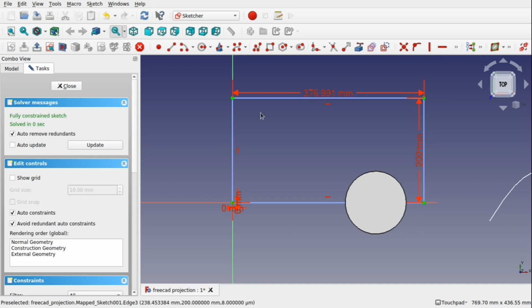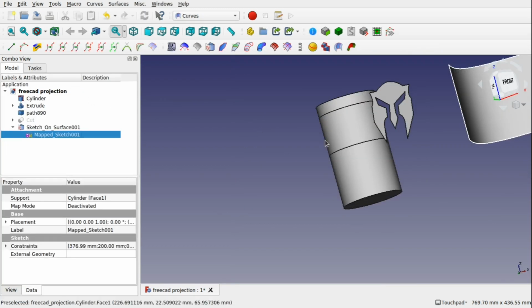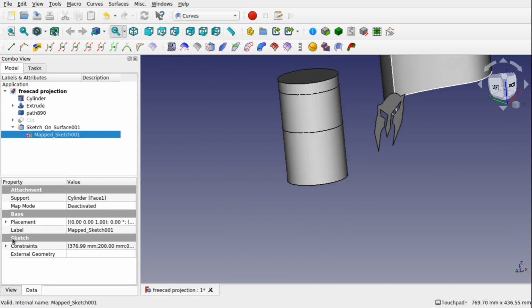This is a fully constrained sketch in here. These lines are construction geometry. So this is the reason why you don't see these lines on the sketch. So anything in here will be placed on that sketch. So for instance, I can place a slot on that sketch, hit close, and that will be placed around there. And we can use that